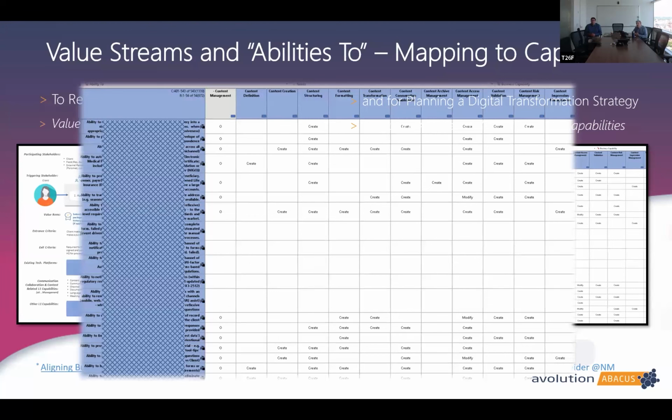And then what we list at the top are level 1 capabilities, content management. We're showing just a small portion of this matrix, content management, and then level 2 capabilities under that. And we map the requirements, the abilities, to the impacted capabilities, the capabilities that we need to provide to satisfy that requirement. And you'll see there's a create, there's a modify, and I don't know if we have an example of use,